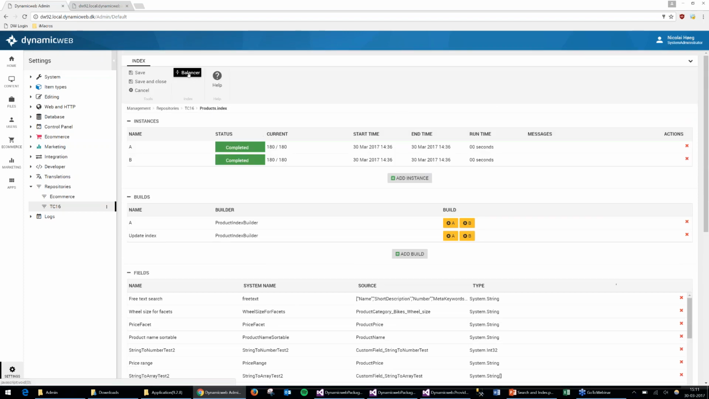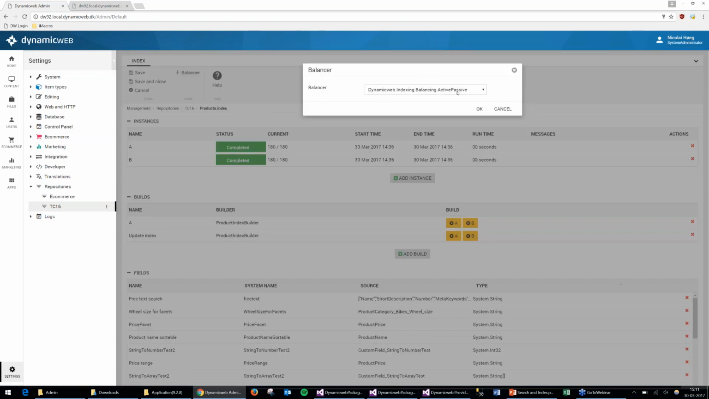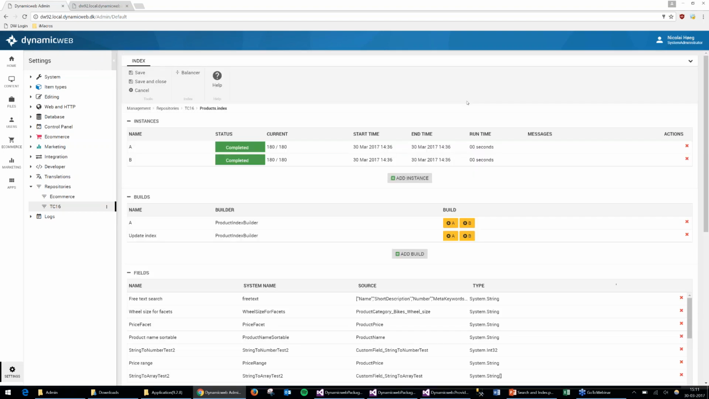Let's take a look at the first new feature, which is the balancer that you can choose from the ribbon bar up here. And currently there are 2 balancers available for indexes. We have something called active passive, which is the one we've run on until now, and we have something called last updated. A balancer is for a situation where we have 2 different indexes like this one. I have an A and a B index available, and let's say I update just